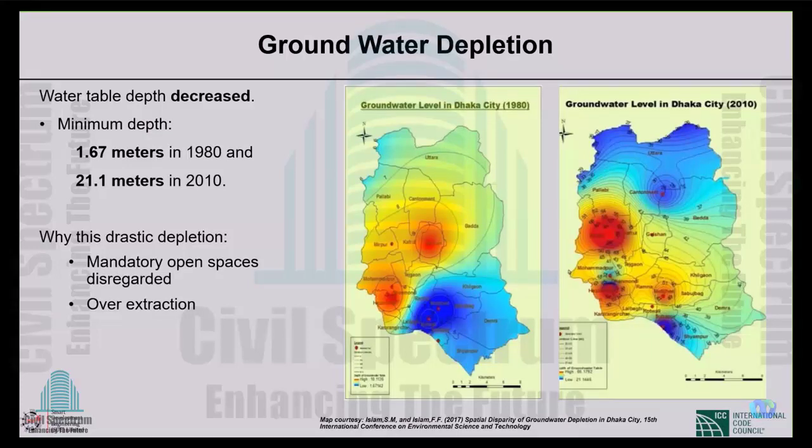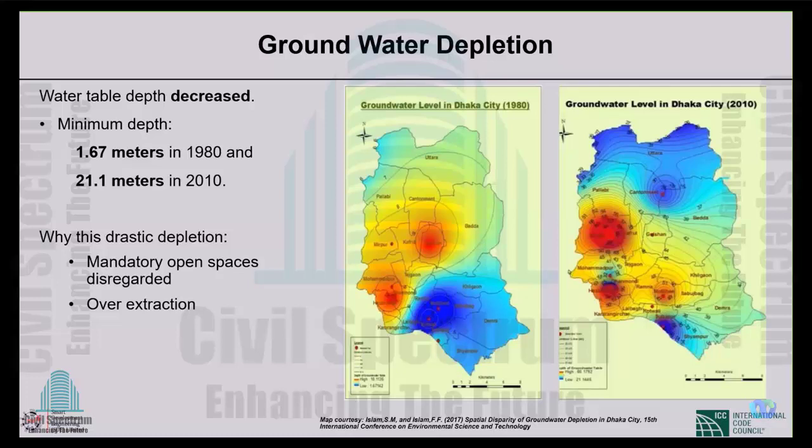Now here is another example I want to tell you about: groundwater depletion. Why is it important? We are on the soil, and underneath the soil there is air, water, and soil. That is the composition of the soil, right? Geology. And if you take the water out, there is a vacuum, right? There will be subsidence because of groundwater depletion. You can see it was 1.5 meter, 1.6 meter. It is now 21 meters below that we get the groundwater. So we are already lower because we are over-extracting the groundwater. We are pumping a lot.